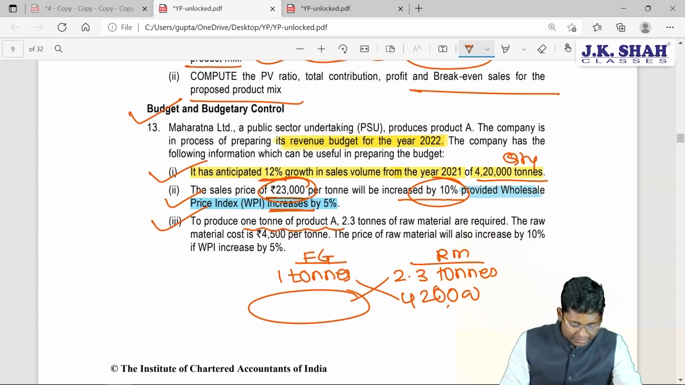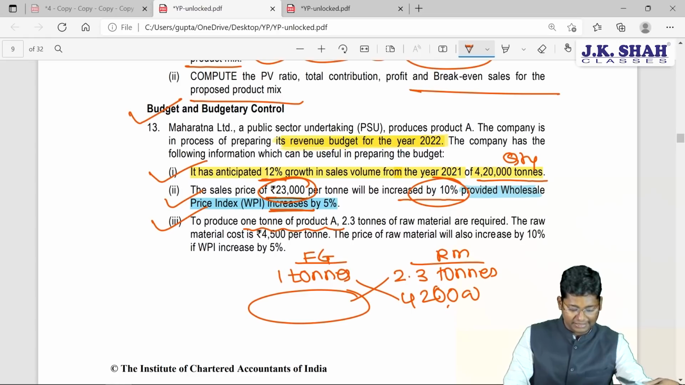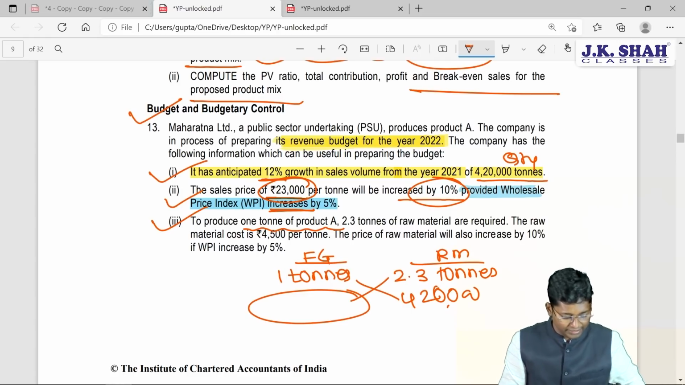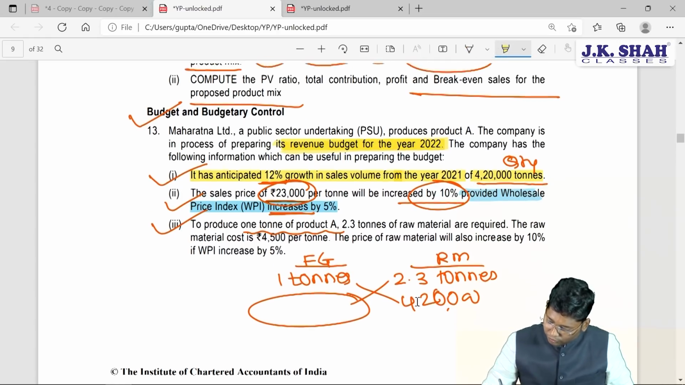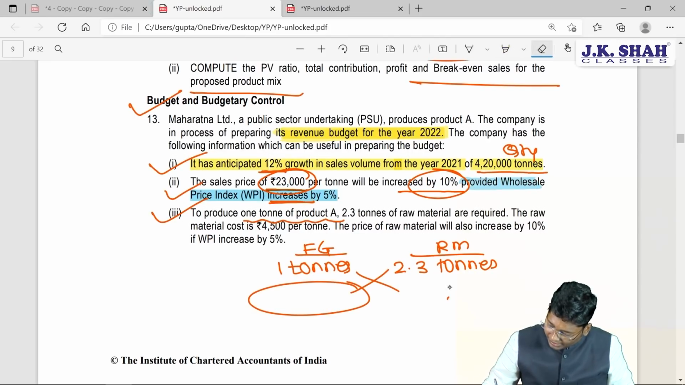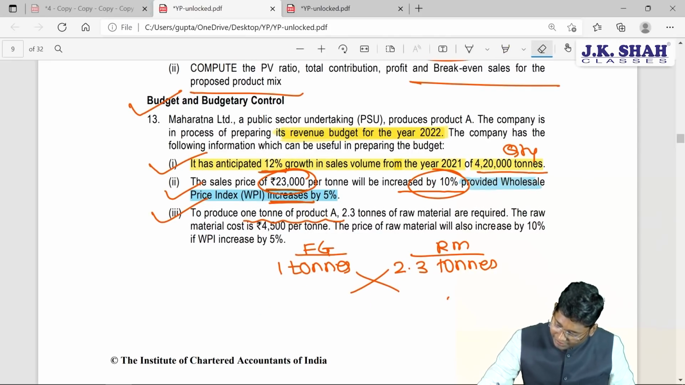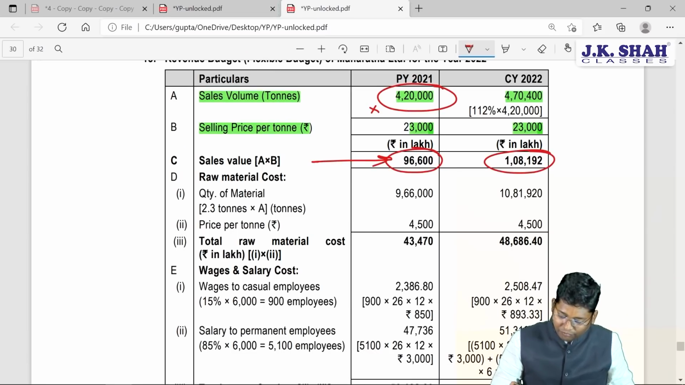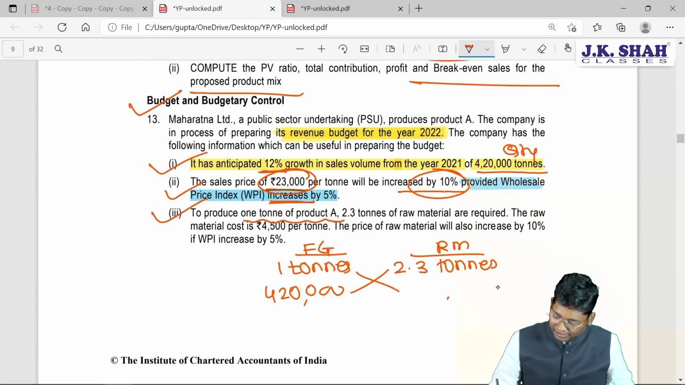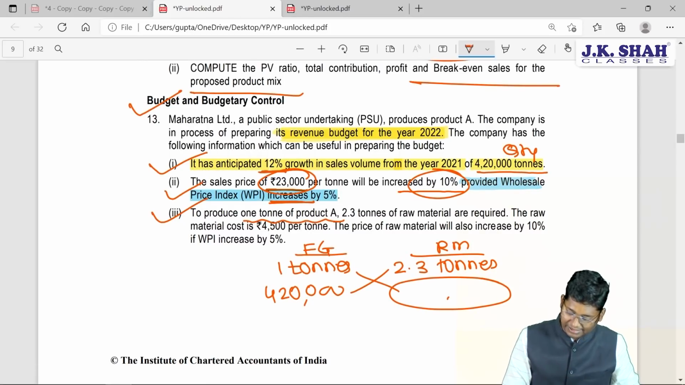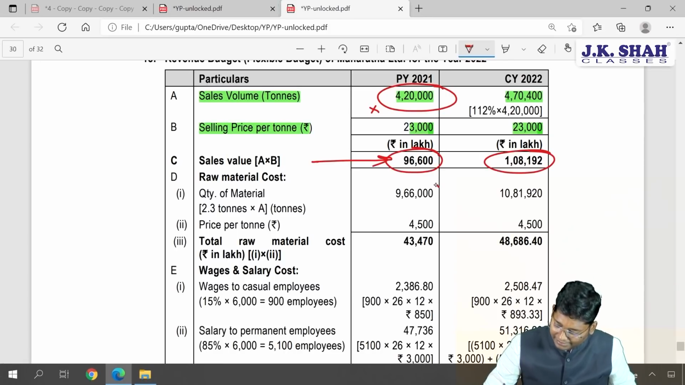Your material needed you will be getting on your calculator. Kindly check the values, whatever values you will be calculating, correct? So 1 ton you will be getting 2.3 tons. Then your final product which you are planning to prepare is 4,20,000 tons as per given information. Then for this final product of 4,20,000 tons, how much raw material is needed? 4,20,000 multiplied by 2.3 is equal to 9,66,000 quantity of raw material